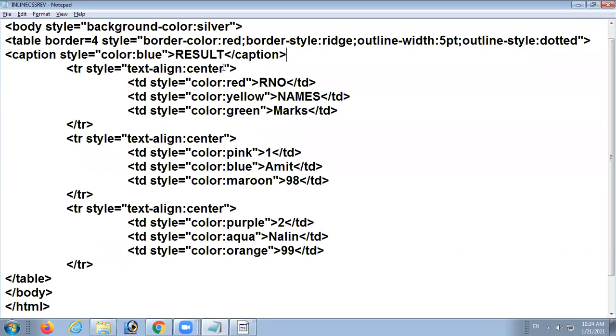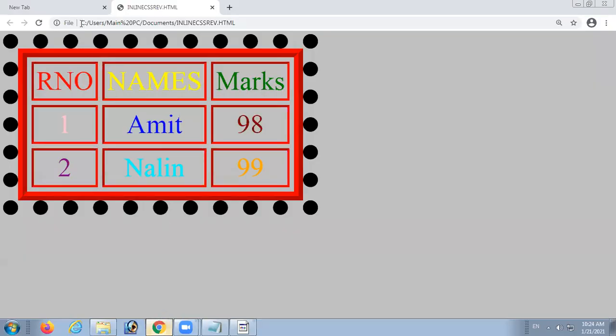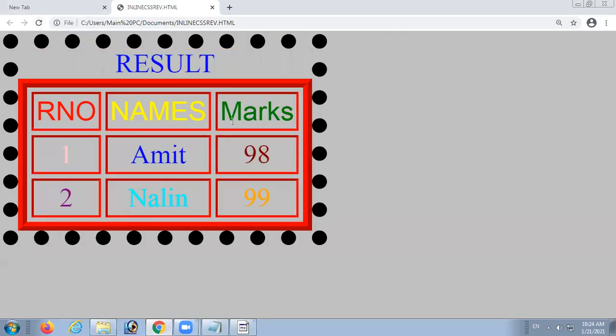So for that, apply the font family property to the first row. Font family Arial. Right?